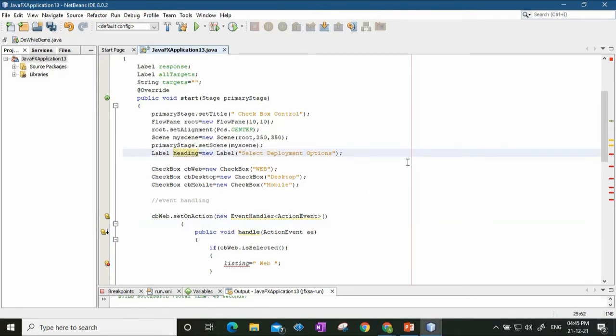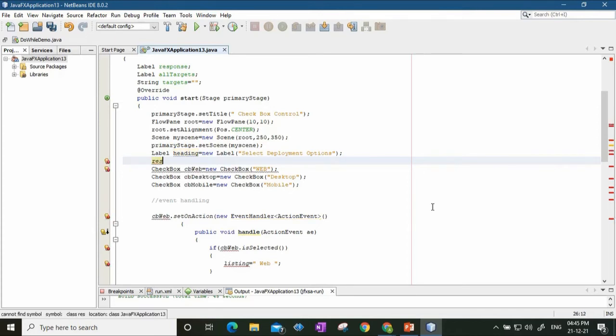Fine. Then we have created the checkboxes, and we will say response equal to new label. The text of that response label initially will be no deployment selected.